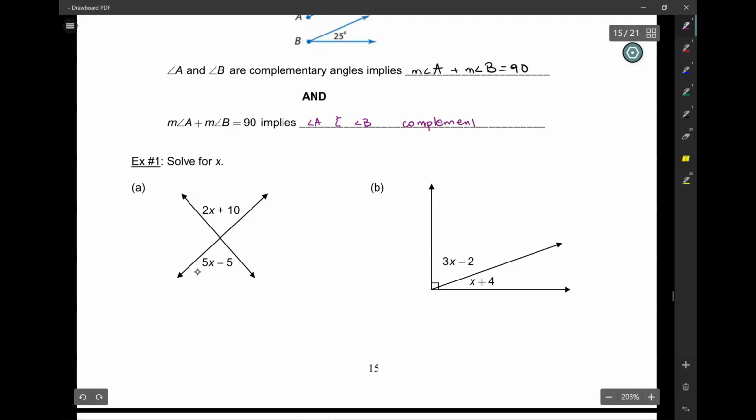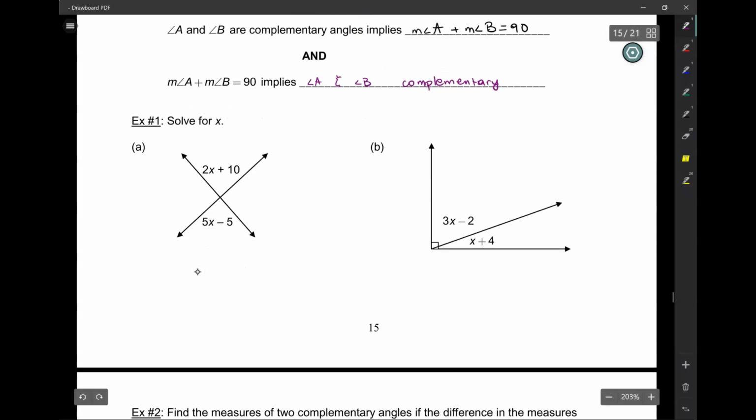And look, it's spelled with an E. So not like you're paying somebody a compliment, right? They're not complimenting one another. They're complementing one another, okay? Like they add up to 90. Okay, so how do we use this? Well, we have to look at angle relationships, determine how they're related, and see what operation we can do to